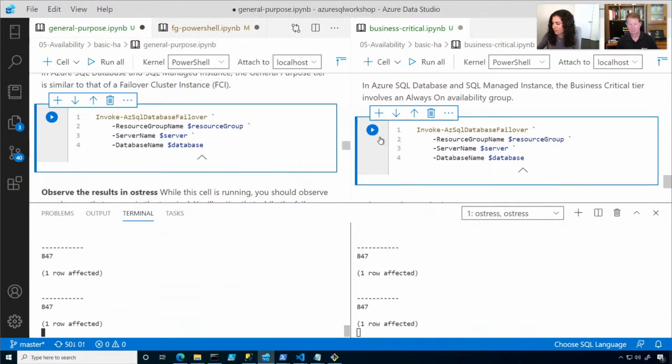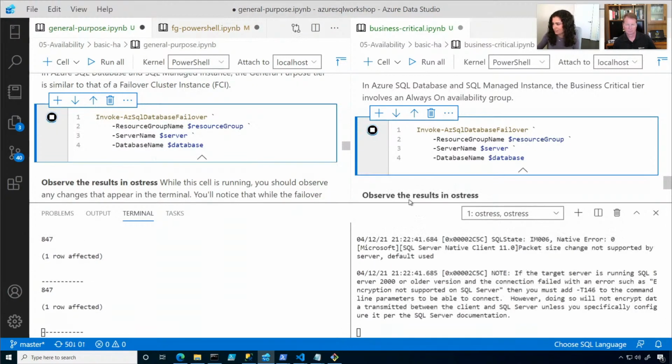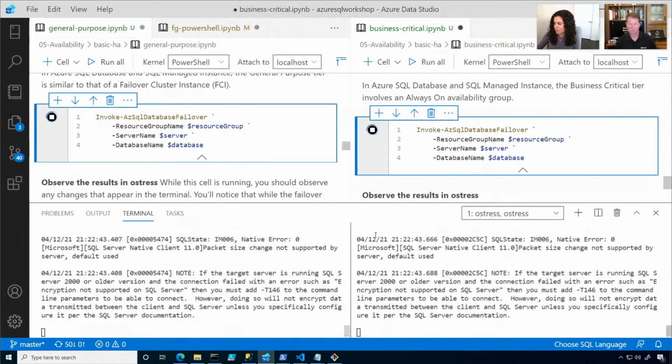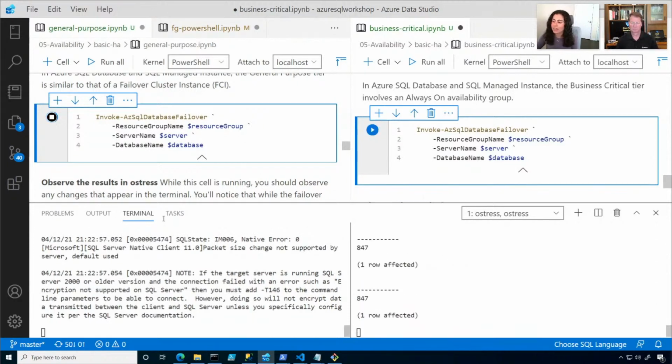So let me kick it off and just monitor the availability of each database. Remember, right is business critical, left is general purpose, and we'll see how the demo fares. Immediately you saw this business critical database become unavailable. And like I mentioned, we expect it to fail over much faster. And it looks like it failed over in about 5 seconds,